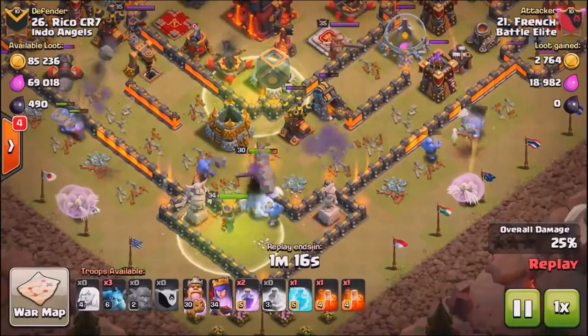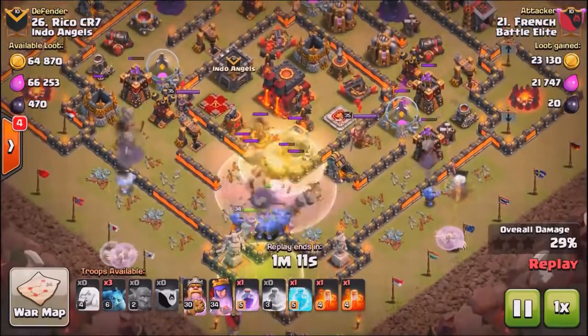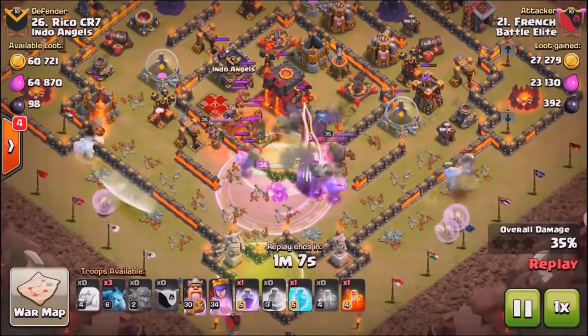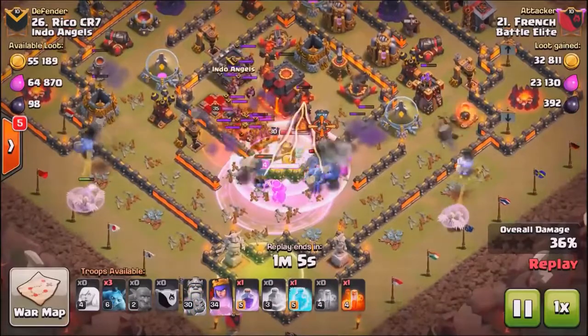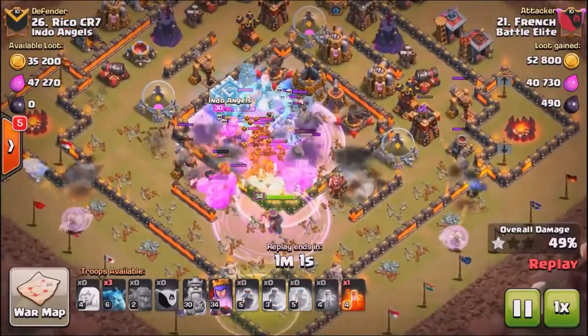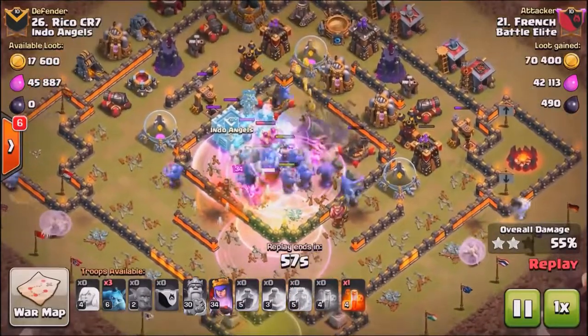So here, you're going to see French uses a really good tactic. He's going to do 2 separate bowler walks, and these bowlers, because the core is so dense defensively and the perimeter is so weak, most of the time against these ring bases, you have to obviously make sure that you're not going into a specifically super heavy area, but most of the time, these bowlers around the perimeter will actually